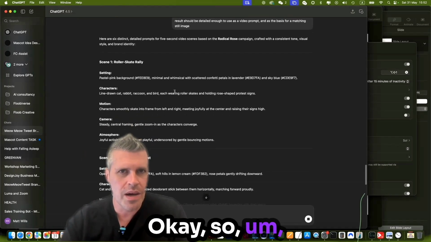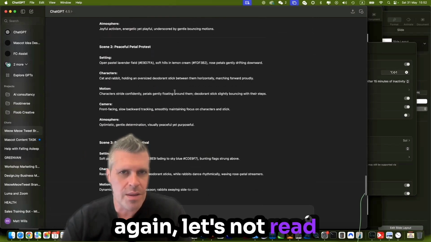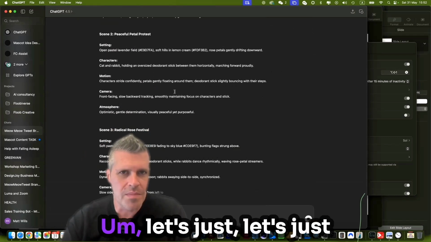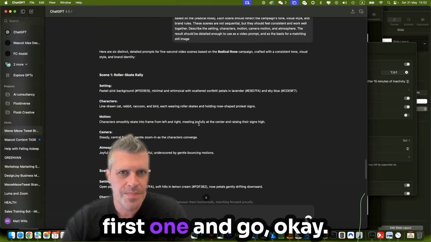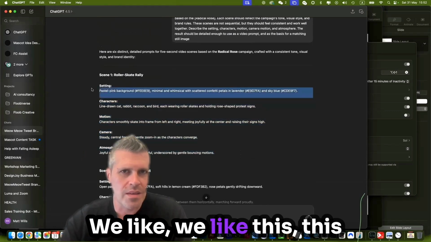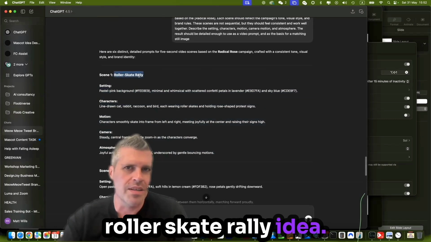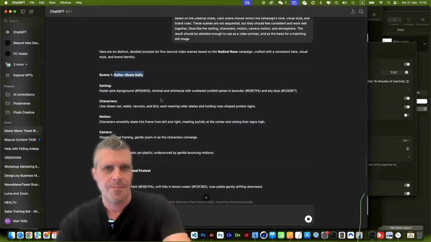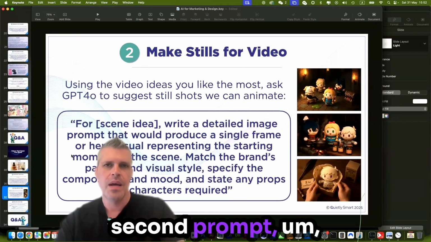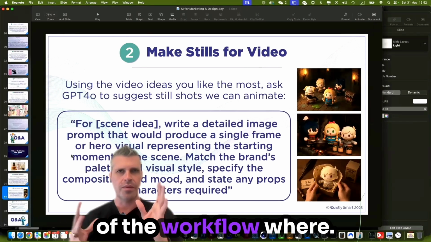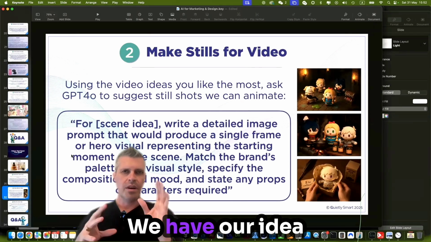Okay, so again, let's not read through all of these. Let's just experiment with the first one and go, okay, we like this roller skate rally idea. Okay. So that brings us to the second prompt, and the second stage of the workflow, where we have our idea